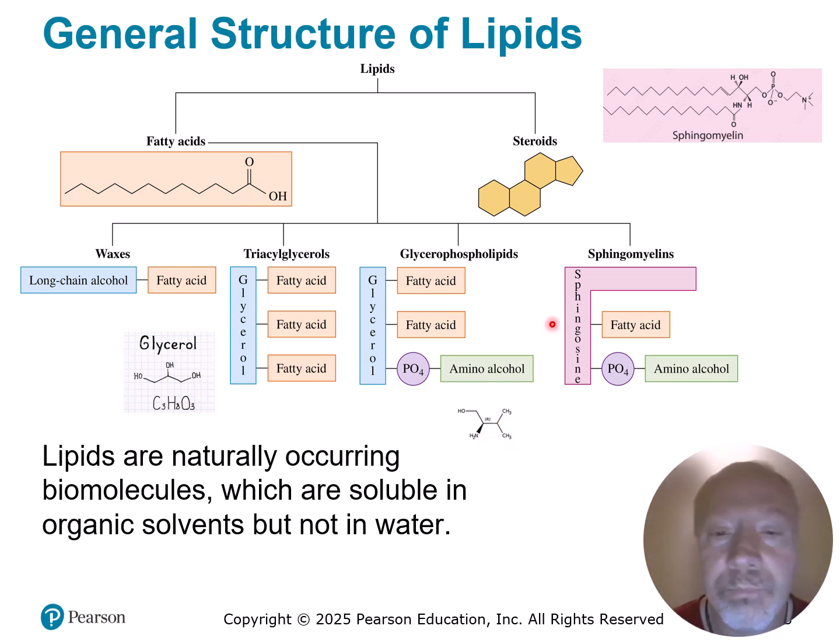Next up, we have sphingomyelins. These are in nerve tissue and such, and these also use interesting molecules, as you see here. Instead of glycerol, it has this long, sophisticated sphingosine that has an amine, a phosphate, a hydroxyl, an amide group, a double bond, quite sophisticated. I don't expect you to memorize this, but be aware of all the groups that are in sphingomyelin. Then it can be attached to fatty acids, which can go here, and then a phosphate and an amino alcohol, as we talked about with glycerophospholipids.